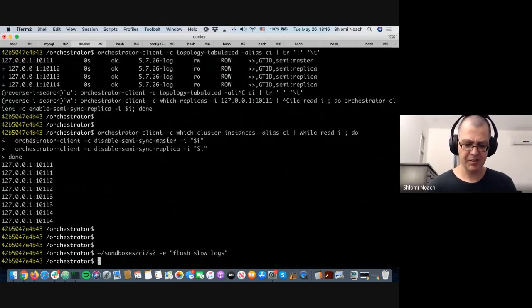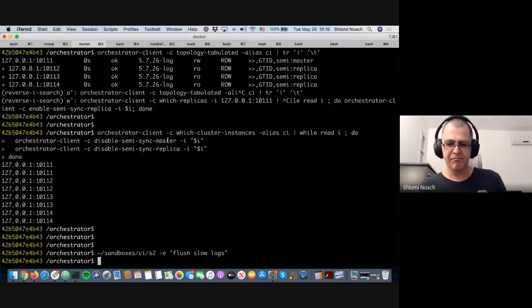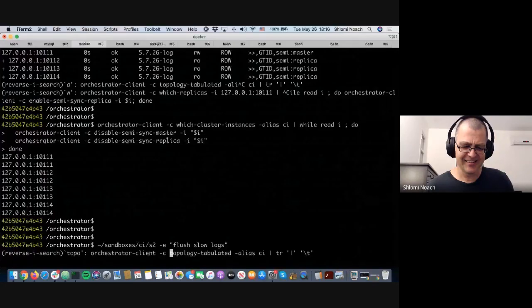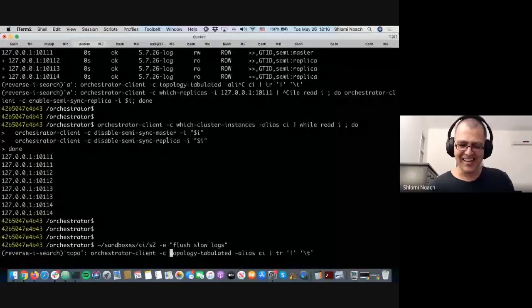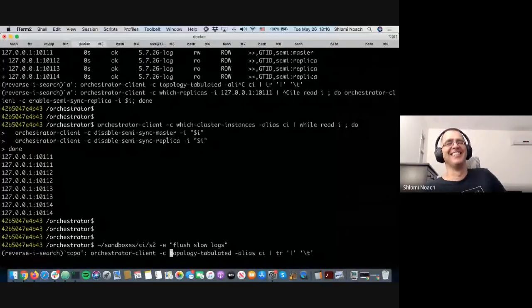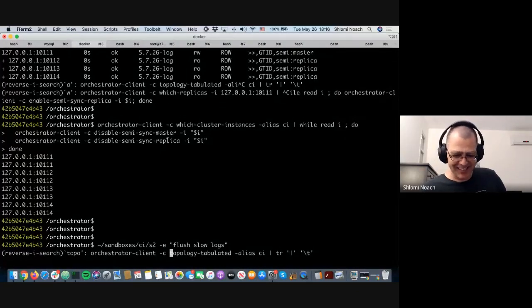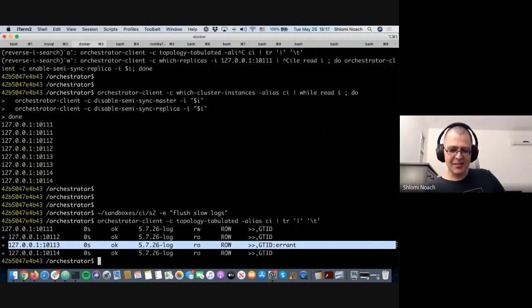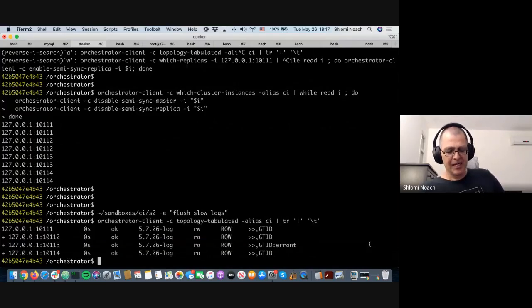Oops. Is that okay? Yes, no? Does anyone see a problem with what I just did? Anyone? Feel free. Well, I'm flush slow logs. Yeah, flush slow logs. It will create an errant transaction. Yes. Unfortunately and unjustifiably, flush slow logs will create a GTID entry, a GTID transaction on that replica. And now we have an errant transaction on that server. So that's pretty inconvenient. And we want to fix it. But first we want to know that